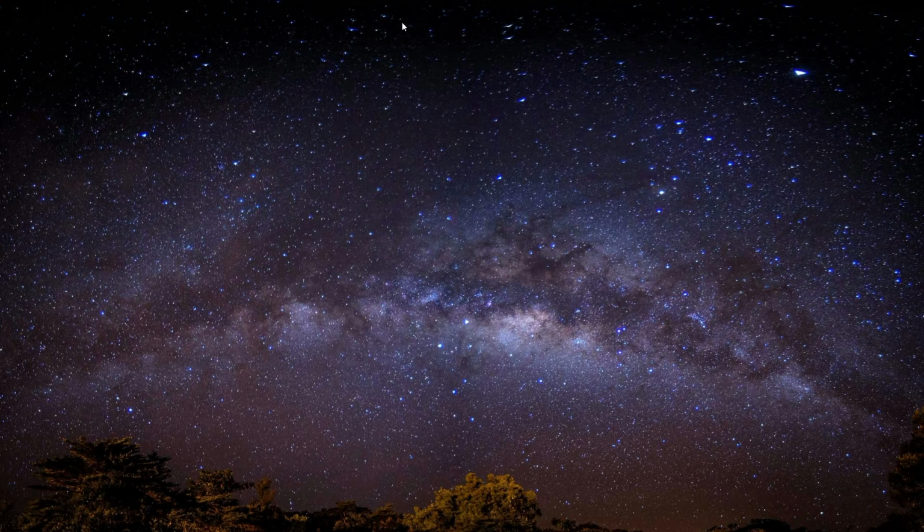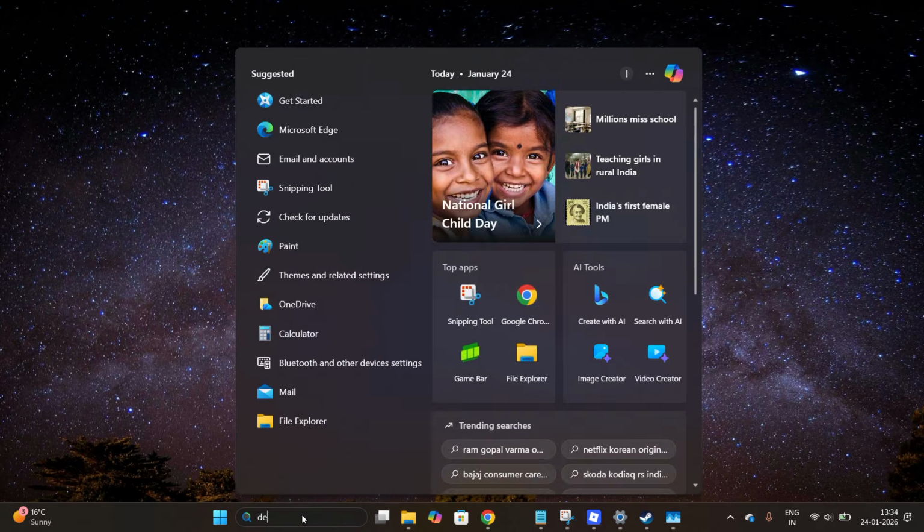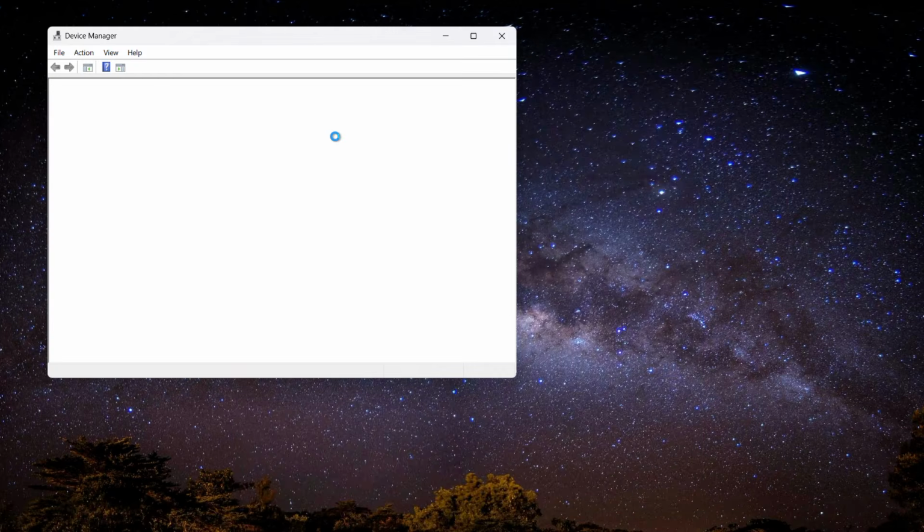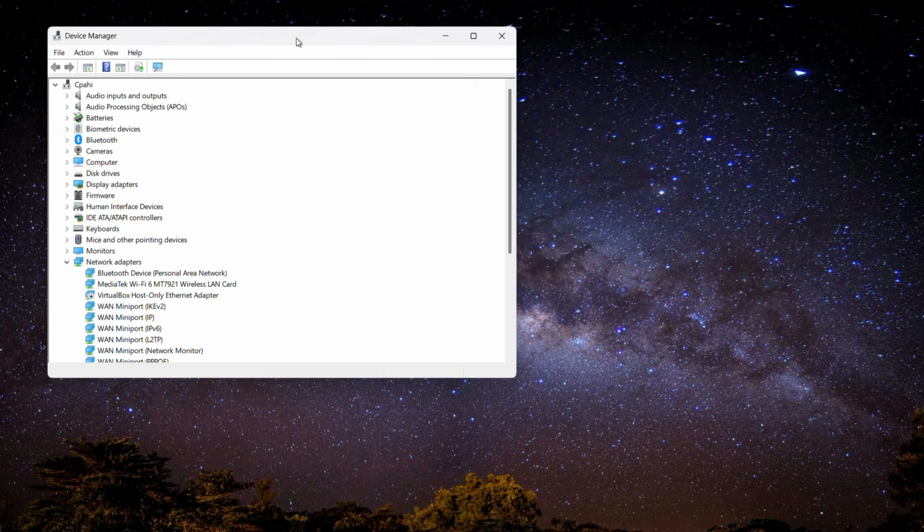So the most simple way to fix the issue is to simply update them, and I'll show you how you can do this. So to do that, go to the search bar and type for device manager. Now, once you see the device manager, you can simply click onto this and it will open a particular window